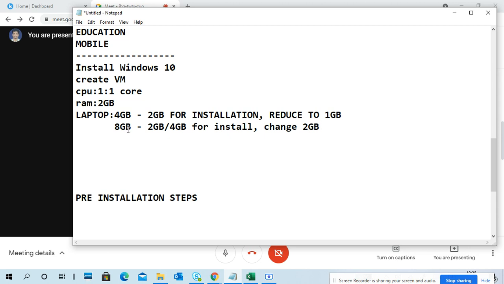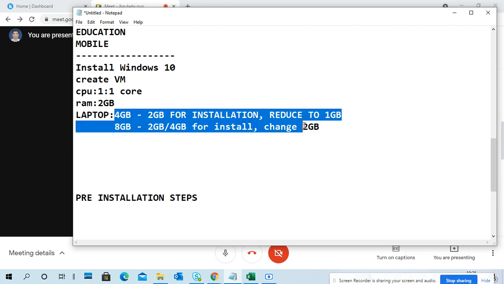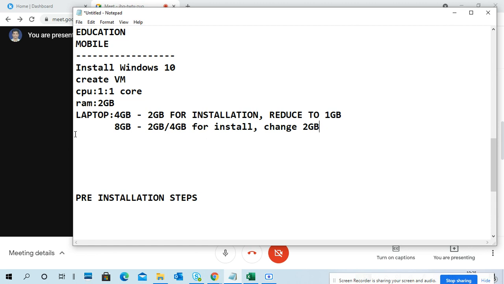It depends upon our requirement, because it's a virtual machine, so we can change the RAM, but only in turn off mode. Turn off the VM, and then only we are able to make all the changes.